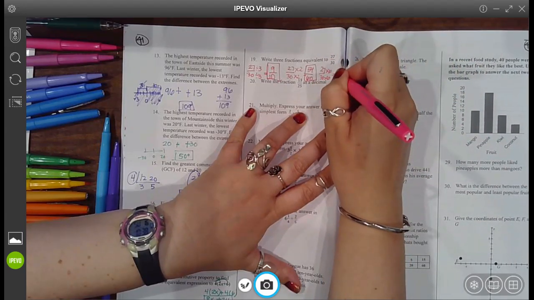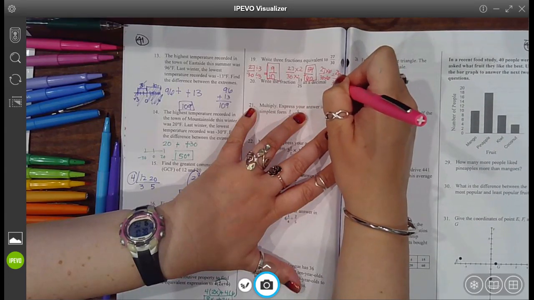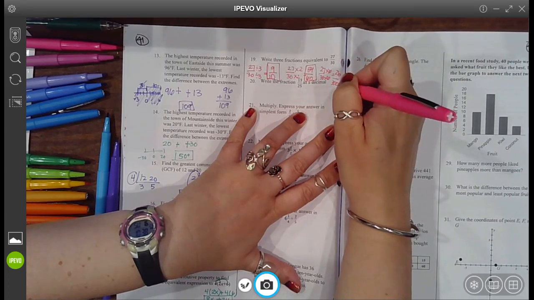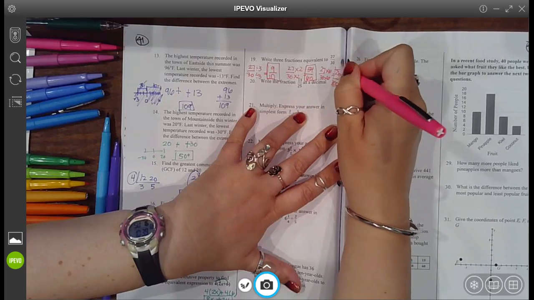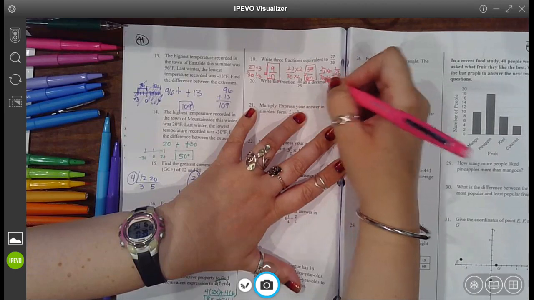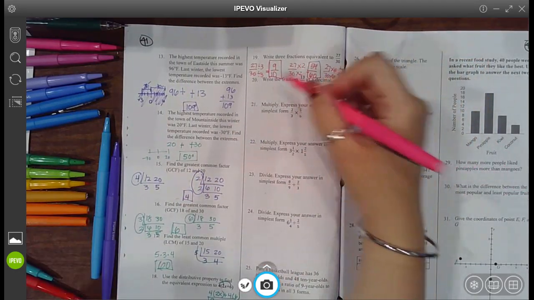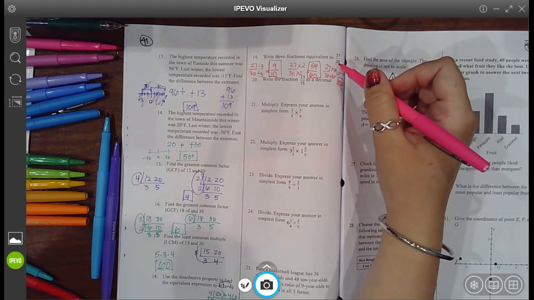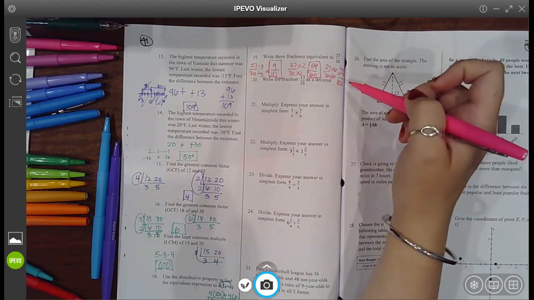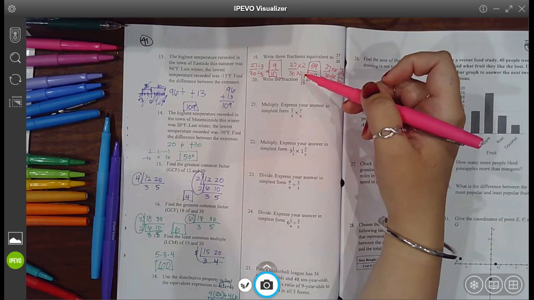So you have 27, tack on a 0, 270. 30, and tack on a 0. So 30 times 10 is 300. So 270 over 300 is equivalent to 27 over 30 if you just reduce it by 10. So those 3 would be equivalent to 27 over 30. Again, those aren't the only options. As long as you did the same thing to both the top and the bottom and didn't make a mistake,